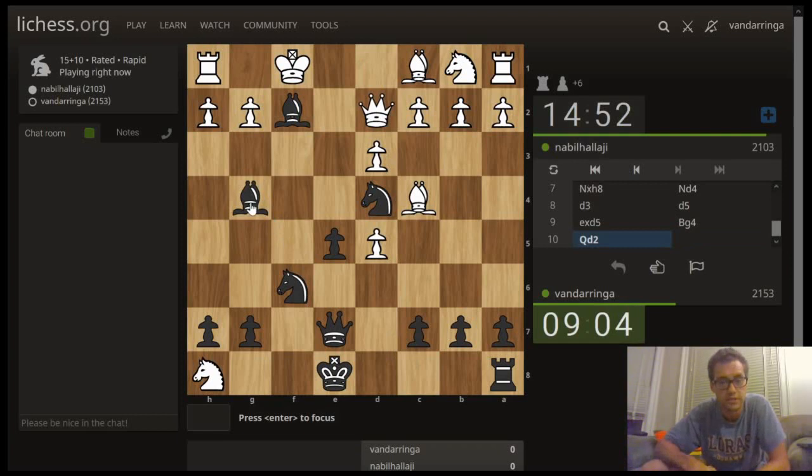Queen d2 is definitely the response. Okay, now I can choose between bishop check, and he just has to give me the queen for the two pieces. Is that the way to go? Or alternately I've got bishop e3, queen e1,